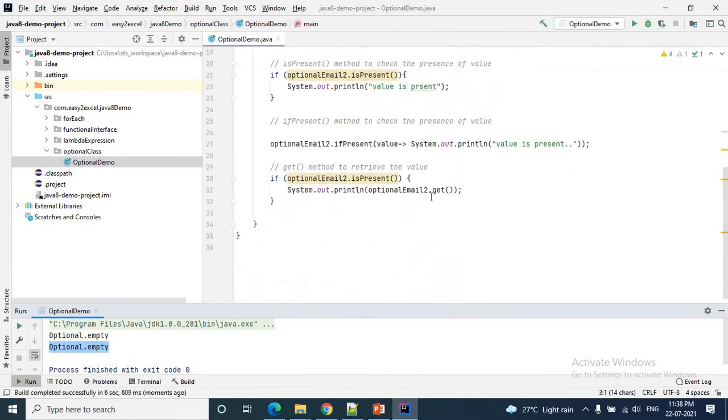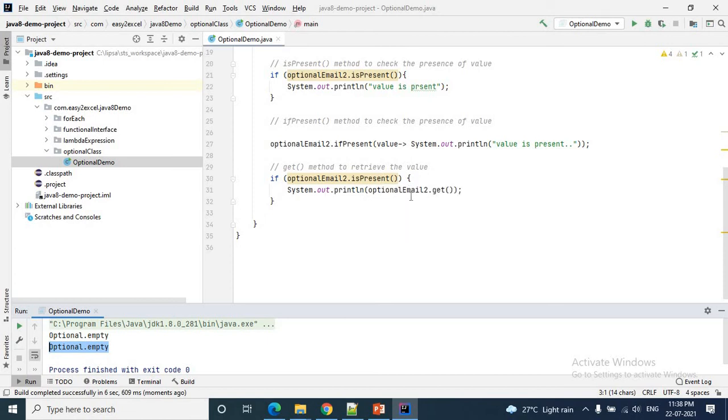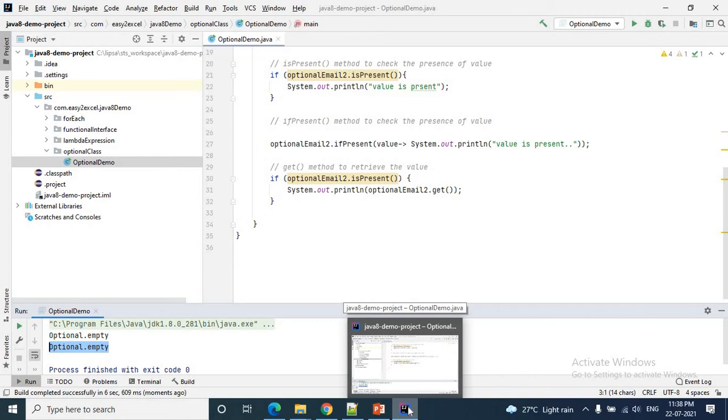And here, unlike the previous one, we are not getting the null pointer exception. So whenever you are using the get method from an optional object, make sure you are checking if the value is present or not. This is how we can use the get method to retrieve the value.